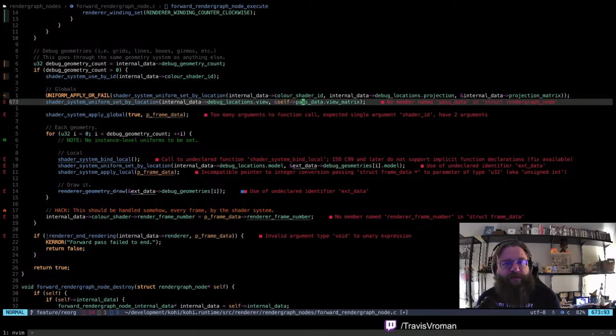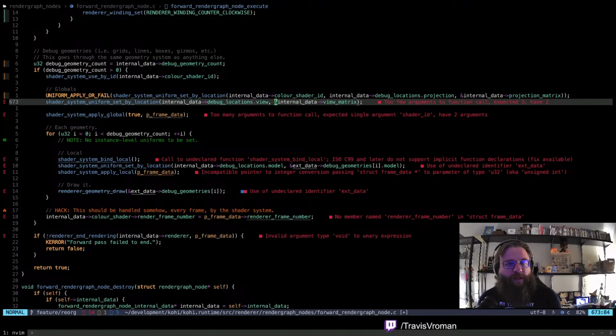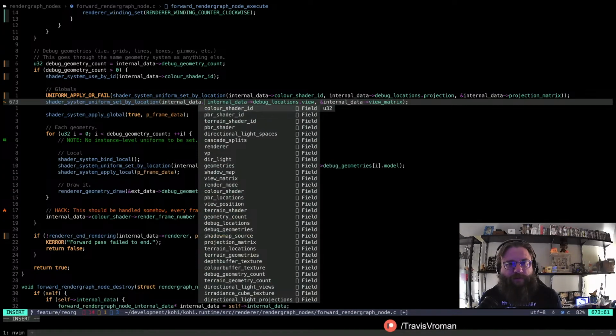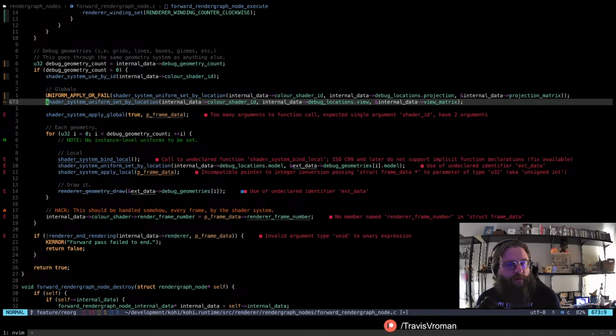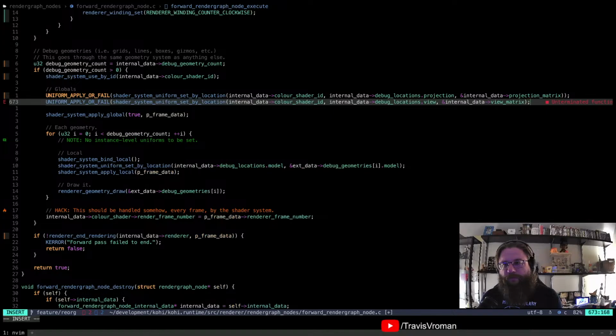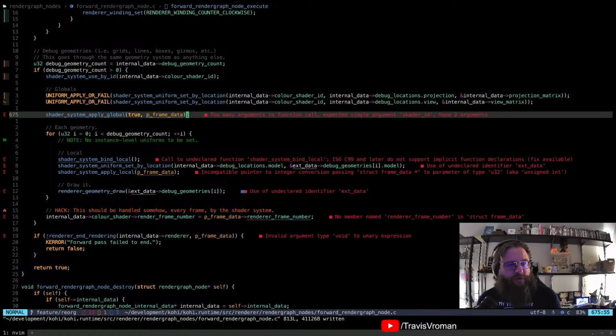And so we've got that. We also have internal data view matrix, and we need internal data color shader ID, and we have uniform apply or fail. Right, so that one is that. Shader system apply global. So I think this one has changed up a little bit because we used to have this needs update, which is no longer there, right?